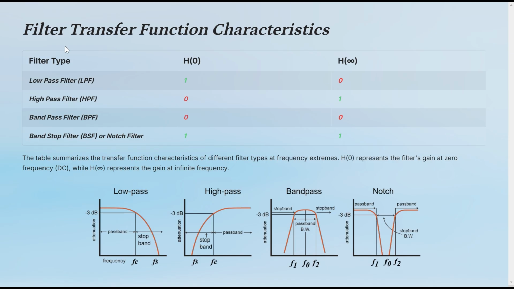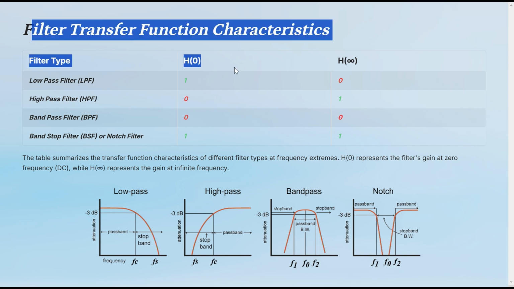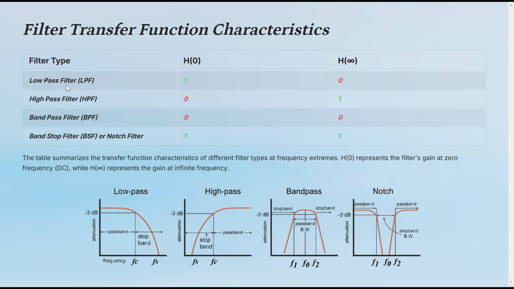Finally, let's summarize the transfer function characteristics of the four main types of filters. Here, first is the low pass filter, second is high pass, third is band pass filter, and fourth is band stop or notch filter. Here it is given how they vary according to omega, at omega equal to 0 and omega equal to infinity, and the transfer gain is given. And this is a figure, so